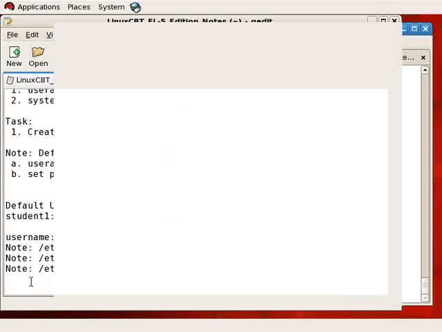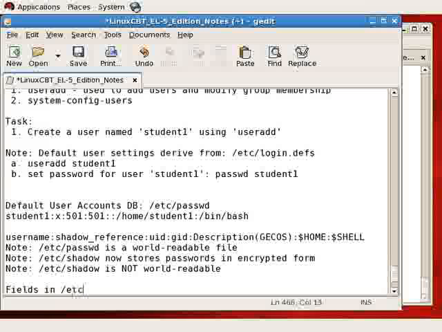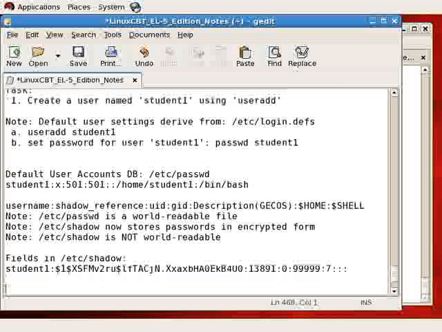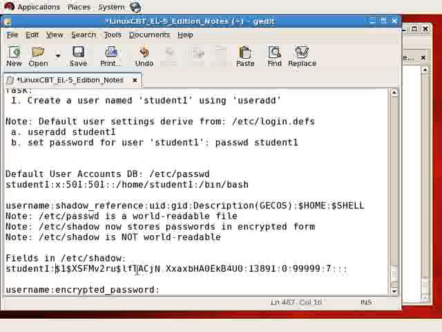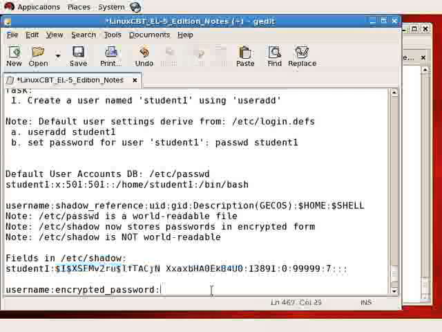For Linux CBT, and then paste it. So fields in /etc/shadow, for example, include the username followed by the encrypted password. It's usually MD5, but we won't list MD5 because it could be SHA or some other algorithm, so we'll just indicate encrypted password. The ABC123 that we typed in earlier is represented by these characters, $ all the way through the terminating 0, and the delimiter here is colon, which you could use awk to parse real simply,